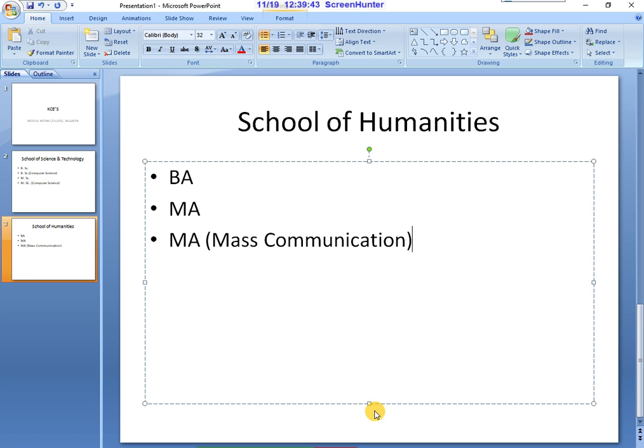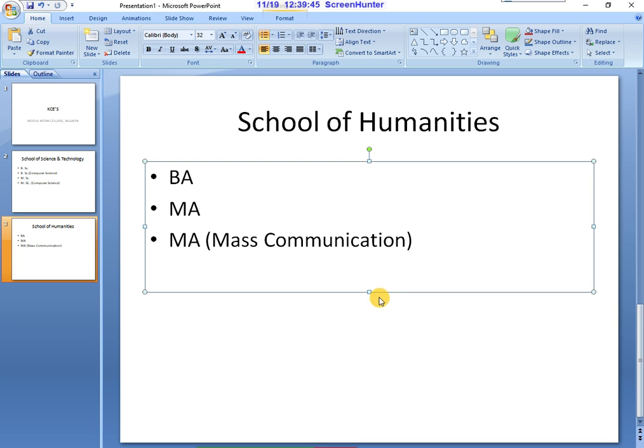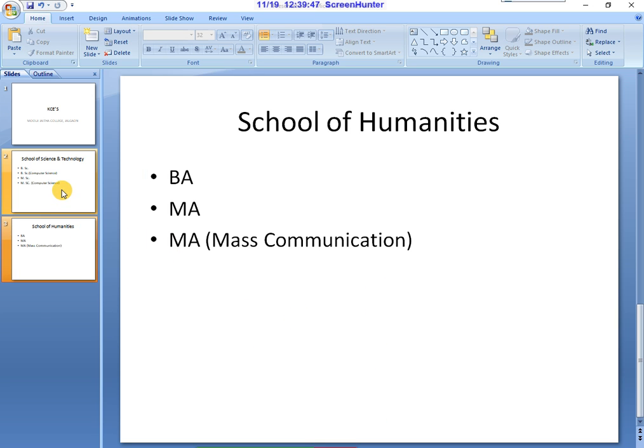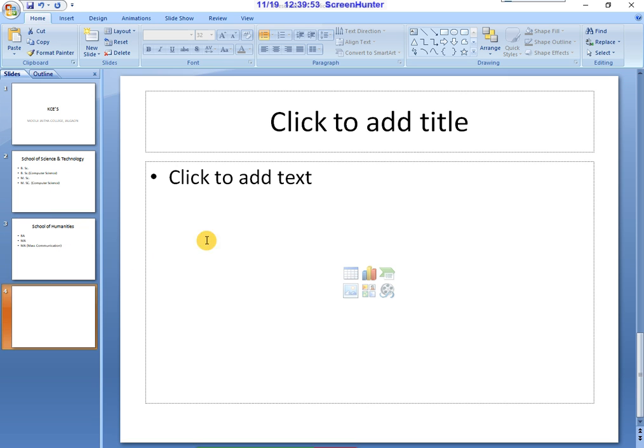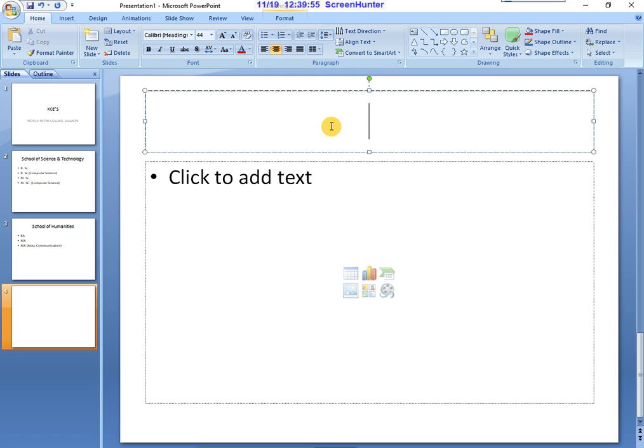Then come to the next slide. After clicking on this slide and pressing enter, the next slide will appear.